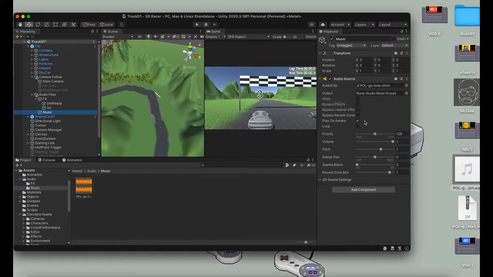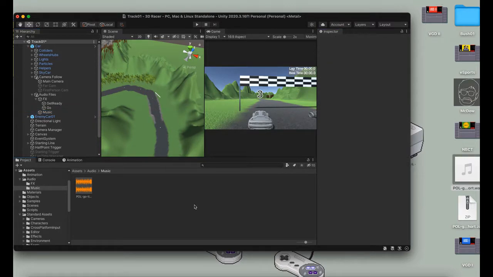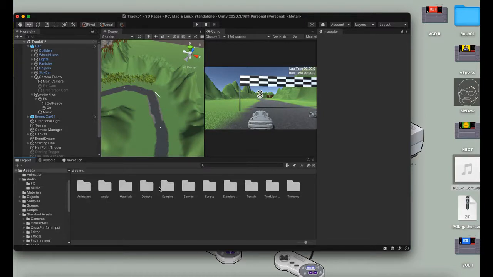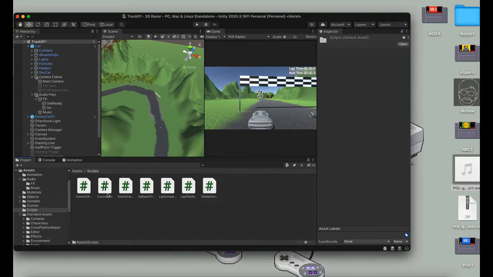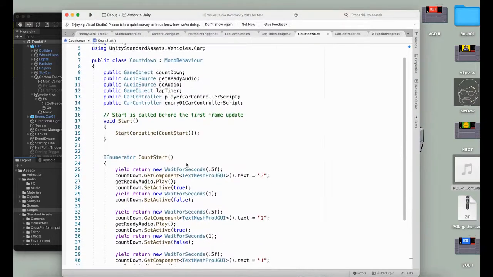And actually, I'm going to get rid of play on awake and loop, and then we're going to have this music start whenever we reach 0 in our countdown. So I want to go back to scripts. This is a personal preference thing. A lot of the games I grew up playing with the driving games, the music would not really start until the game